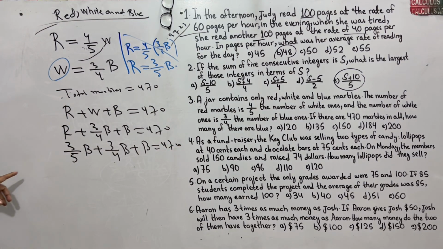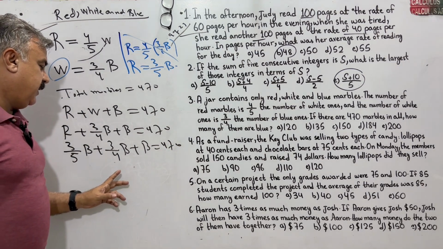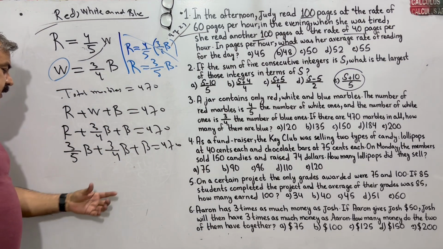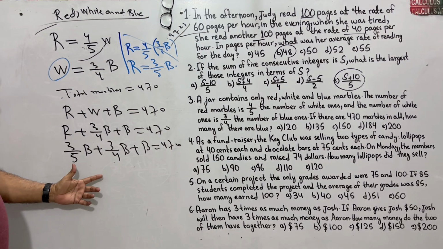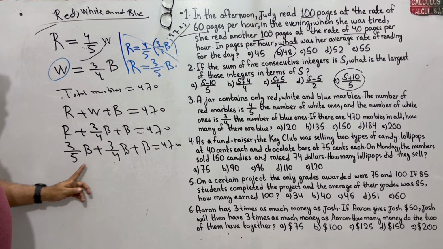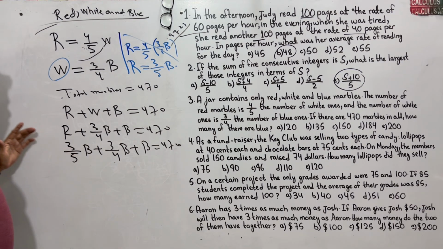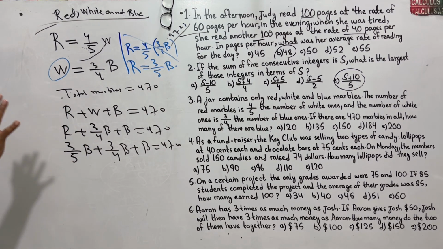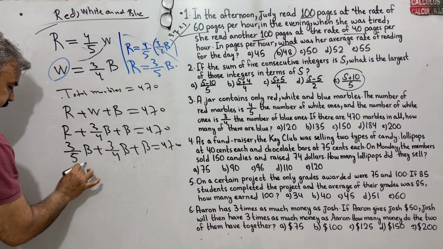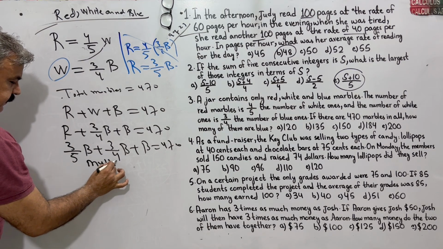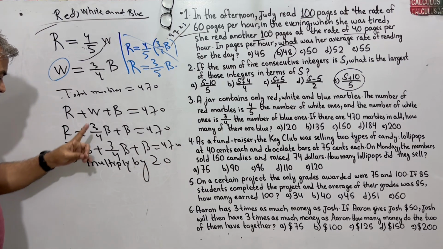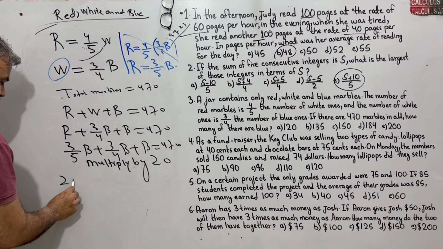Another headache for a student is the fractions 4 and 5, taking the LCM and how to do this. 4 times 5 is 20. Just multiply by 20 and you are going to get rid of these fractions very easily. Multiply by 20. In order to get rid of the fractions, it will become 20 times